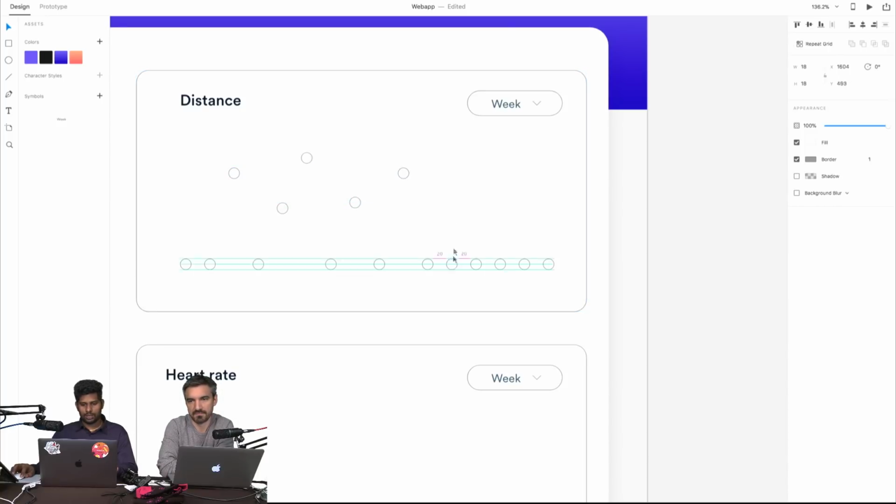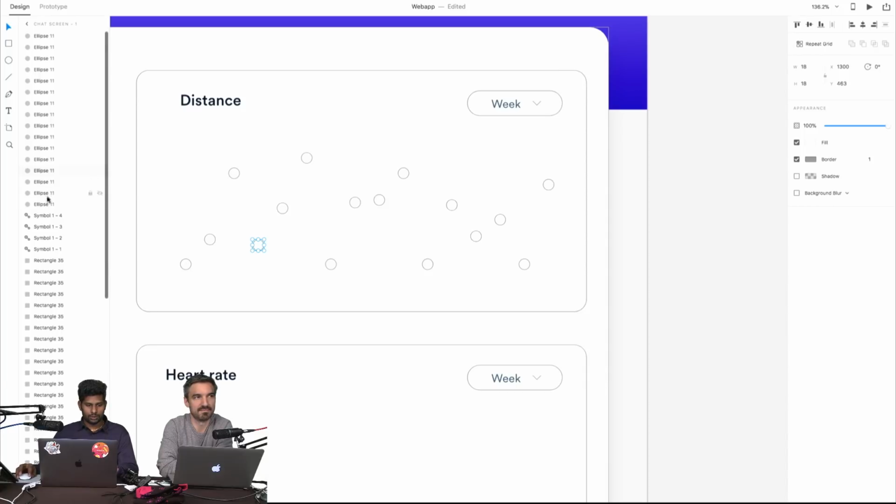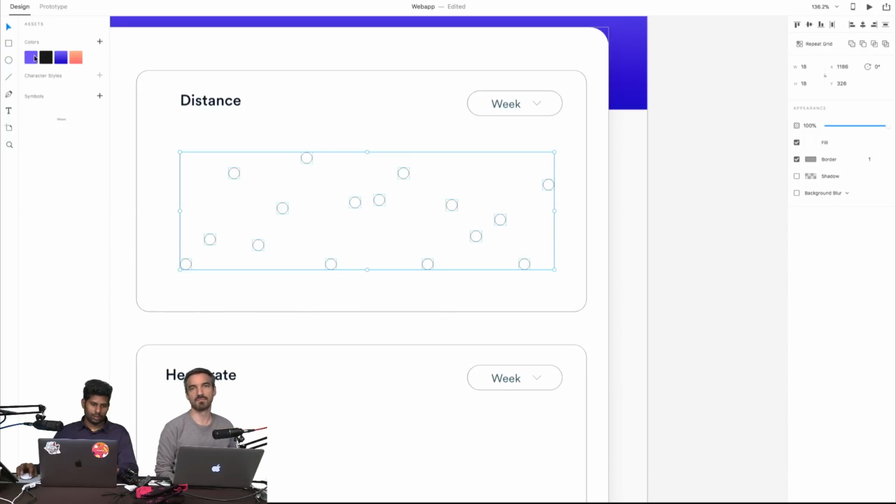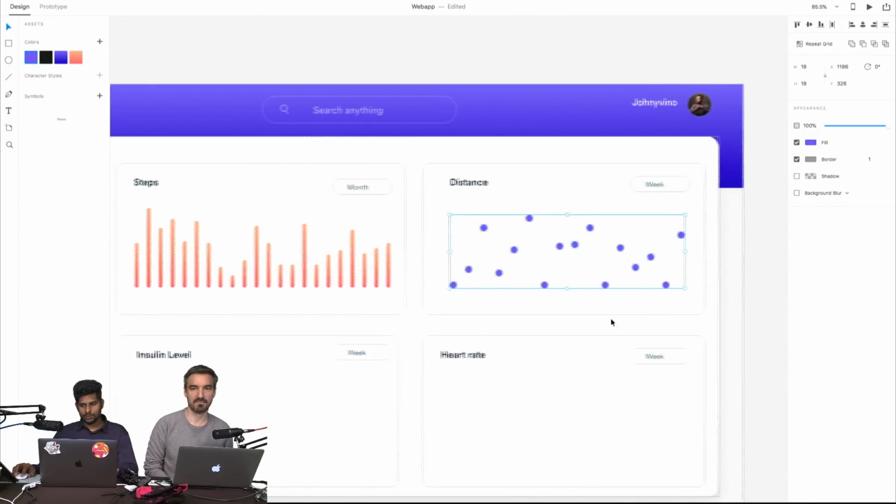I think this is a trend I'm seeing. Instead of giving a line, people are giving only the rounds. It's a dotted graph. I've seen people doing it. I did 2-3 graphs. Okay, great. Looks great. Now we are going to select all the ellipses. I can go to the layers and select all the ellipses. Then I'm going to the colors panel where I already added all the colors.